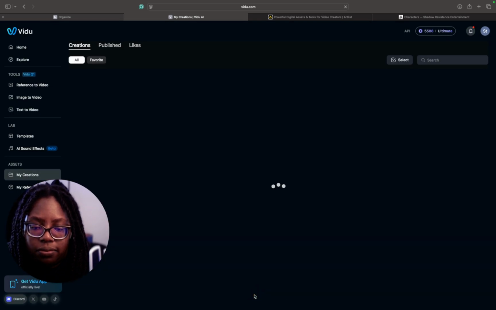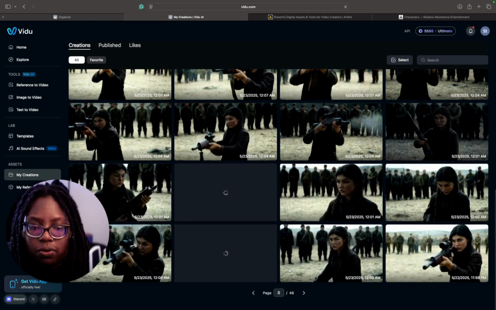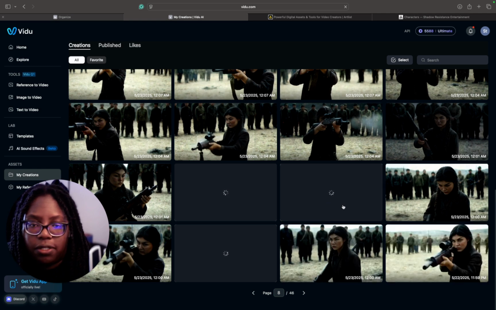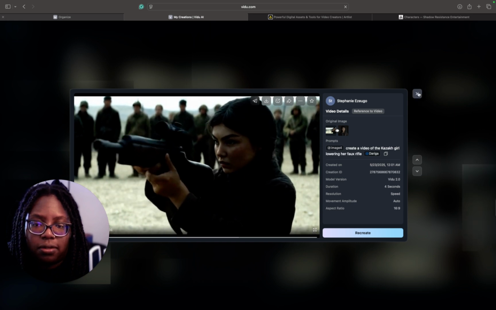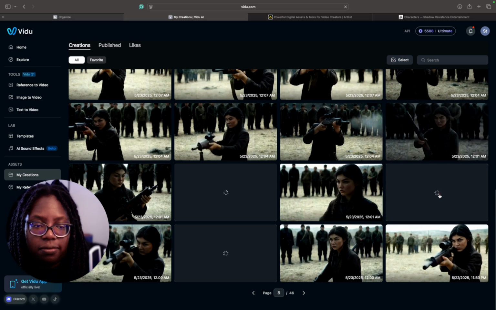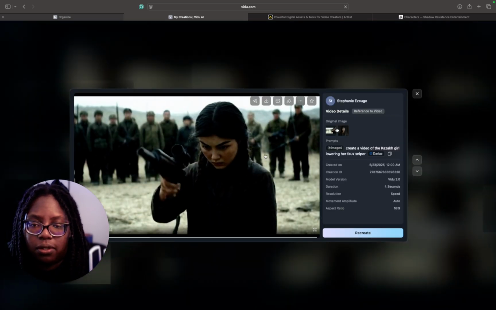So I want to go ahead and show you the other video that I chose, showing Duriga basically putting down the gun. And see, AI doing AI, because realistically nobody's holding a gun like that.